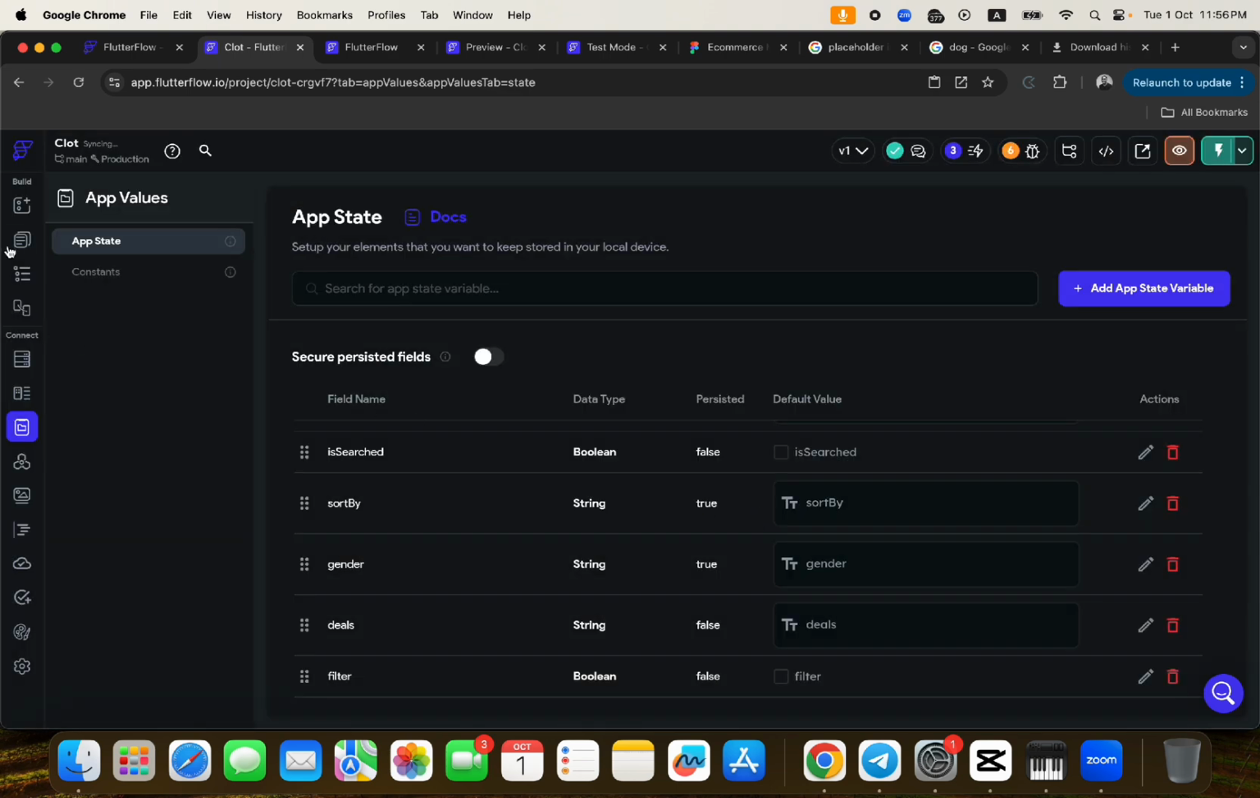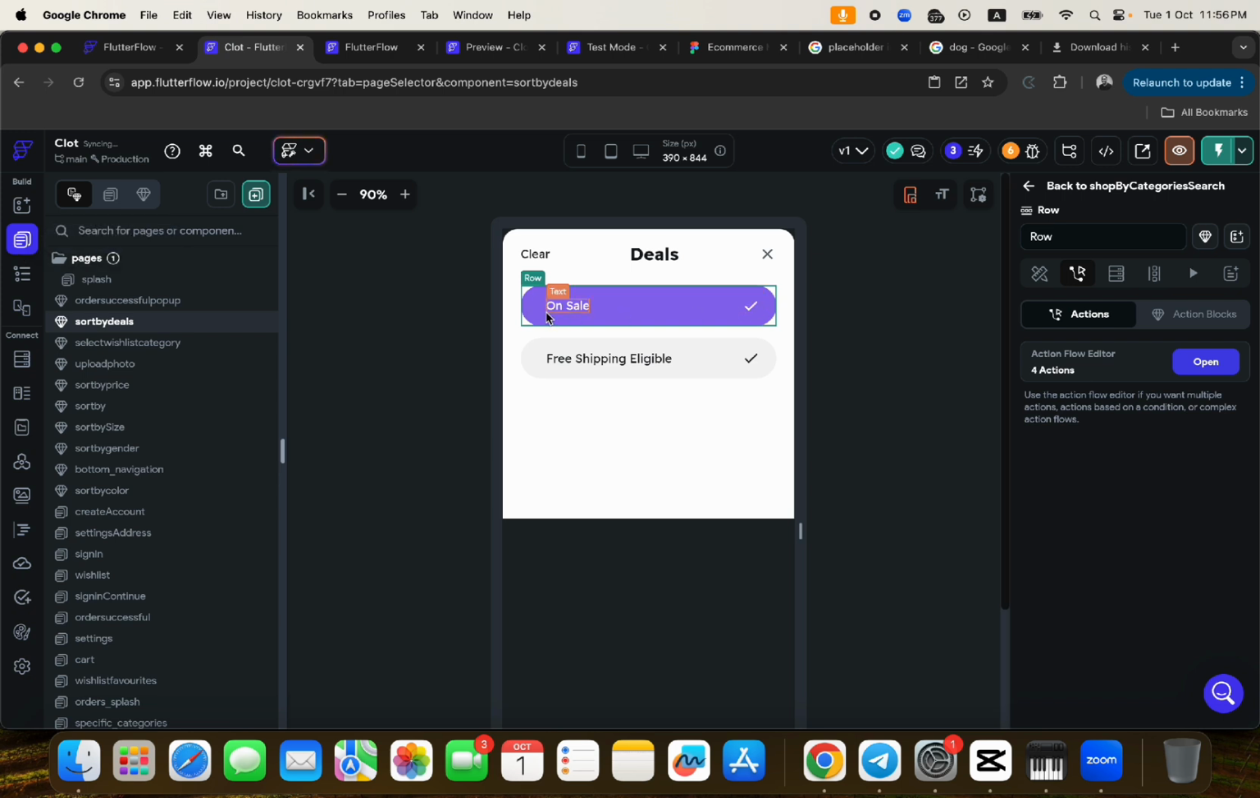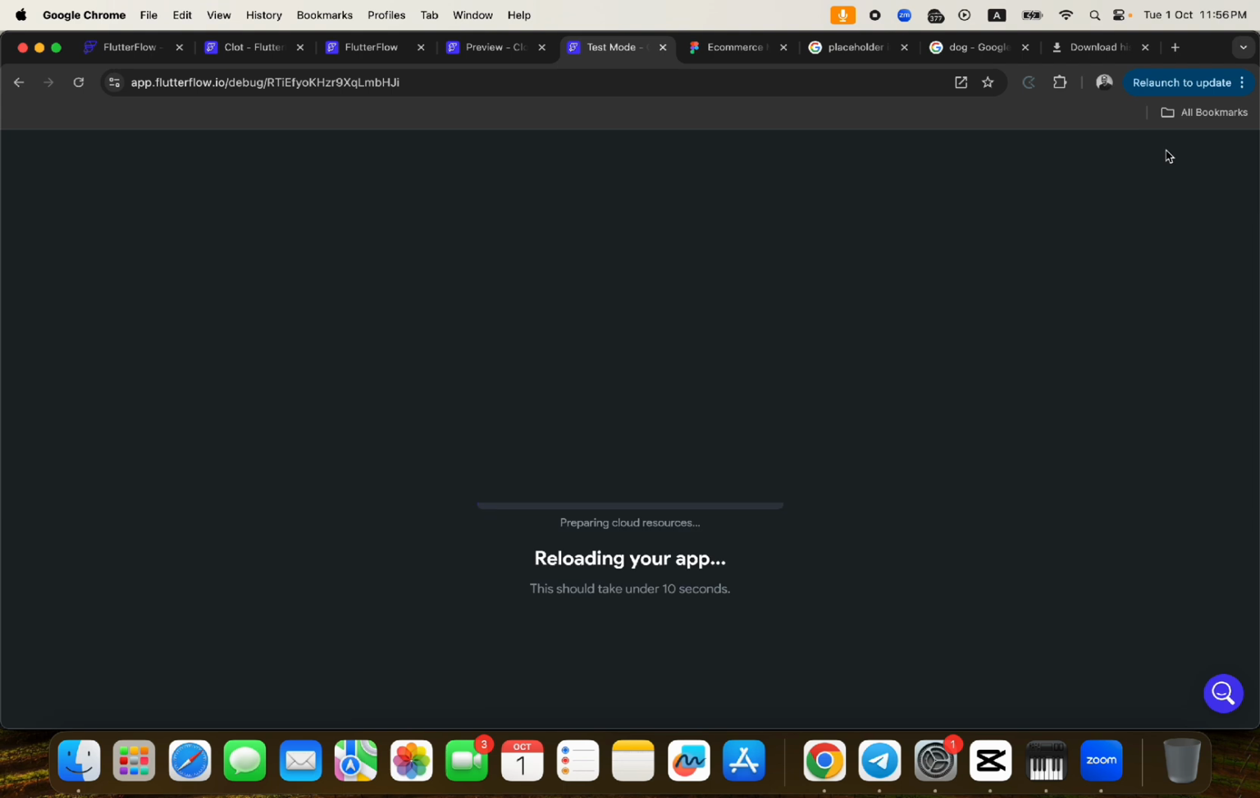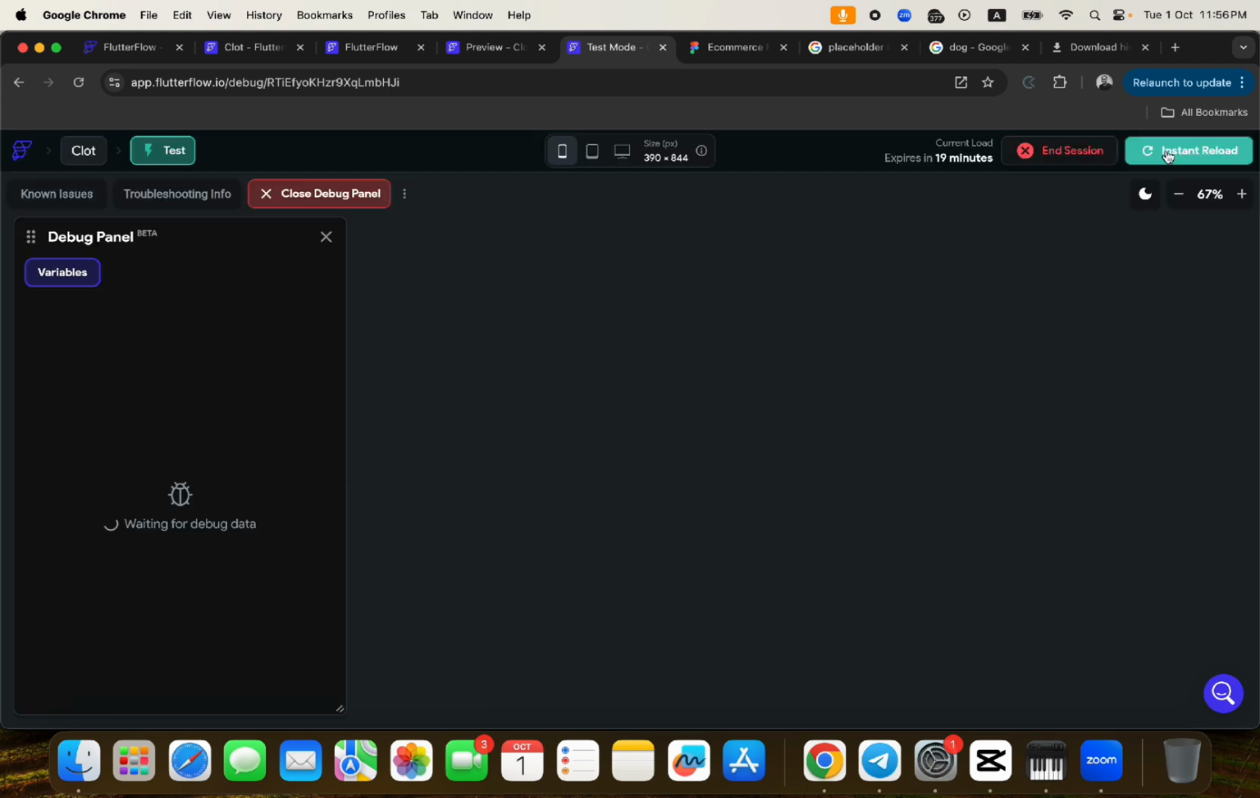We don't want it to be persisted. So if I close the page and come back, I want it to be as if nothing happened. I'm going to do an instance reload. So when you click on that value, it closes the bottom sheet and takes you back to the page, and it's doing 2 filters. So one, it says that on deals is equals to the value of the